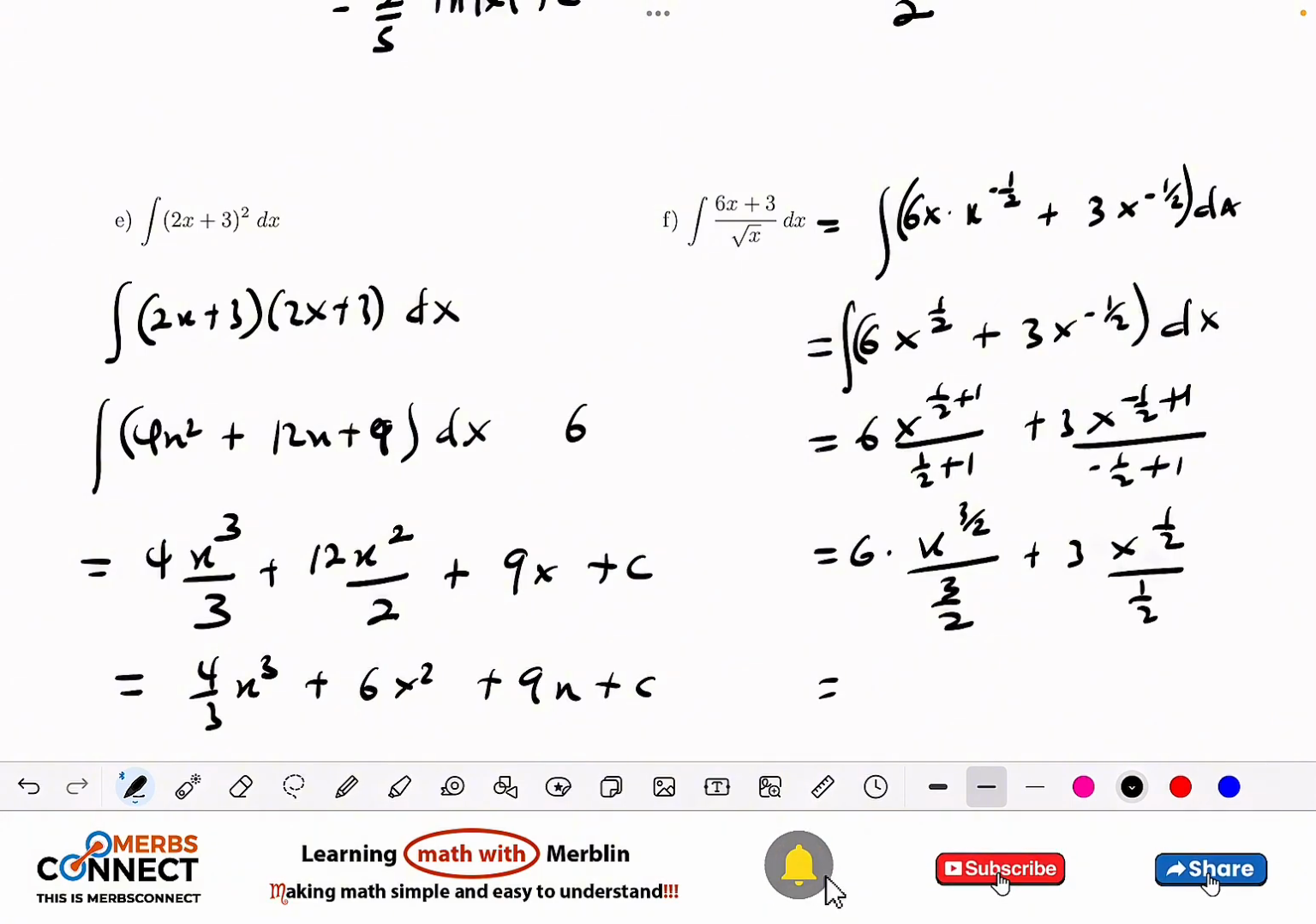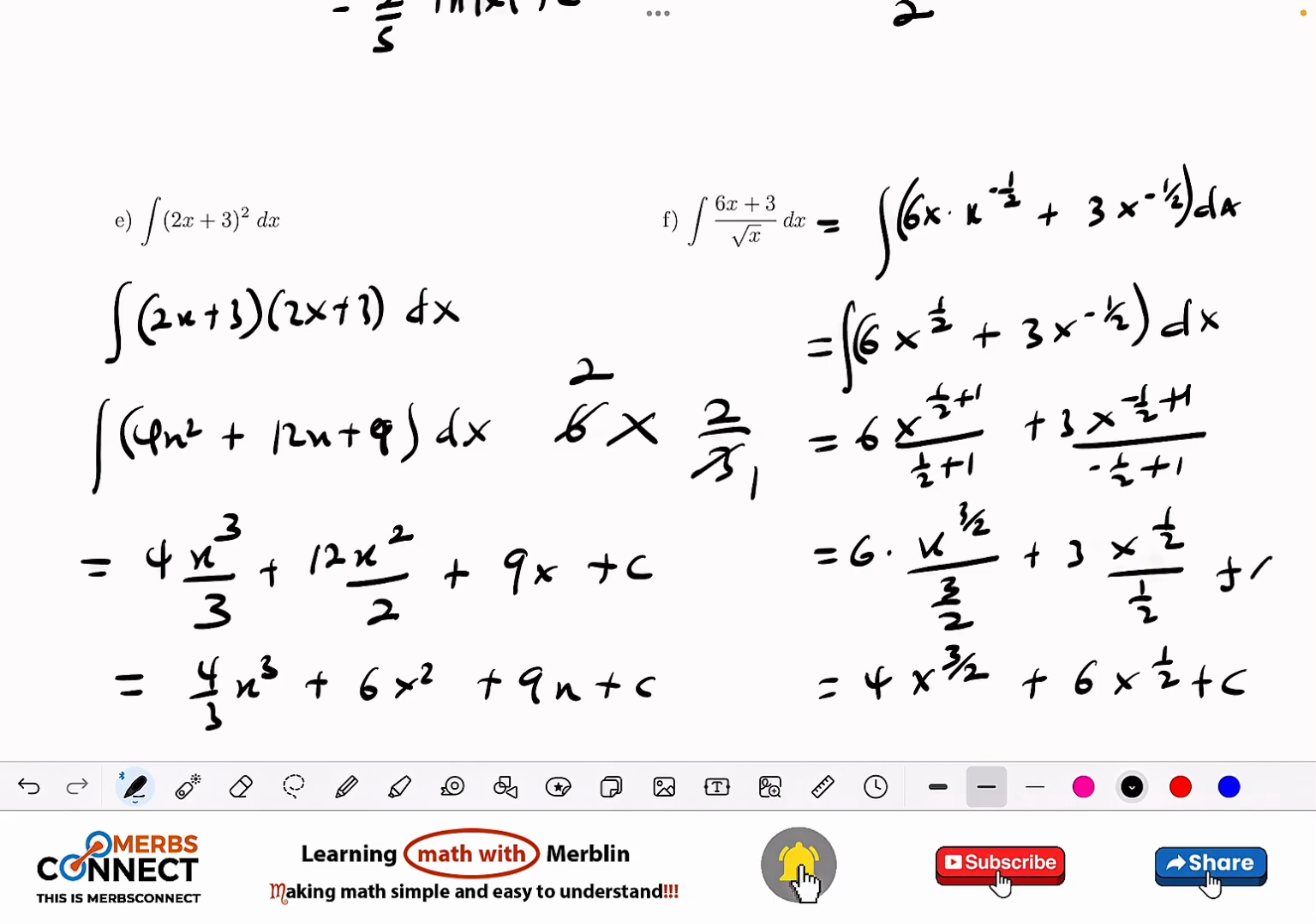Now 6 divided by 3 over 2. When I change it, I'll just have this one to be multiplication. Then I need to change this one to be this. 3 goes here, 1 goes here, 2. So I'm going to have 4 x to the power 3 on 2 plus, same thing here. This is going to give us 6 x to the power 1 over 2 plus my c, which is very